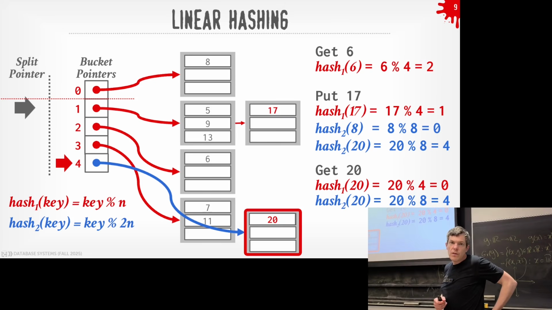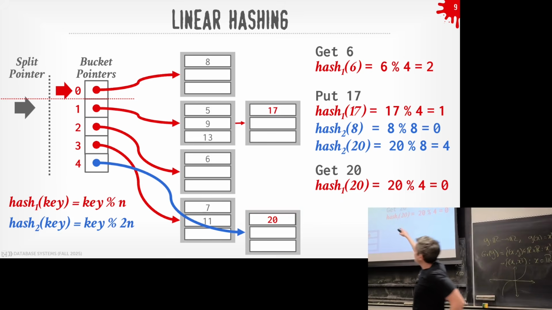If we put something that maps to 1, is that when we're going to end up splitting again because it's still overflowing? His question is, yes, he's correct. So say this bucket here, 1, was actually at the bottom, and I keep inserting into it and it keeps overflowing. Yes, you would keep splitting anything up above the split pointer, because eventually it'll get to it and then it'll split.